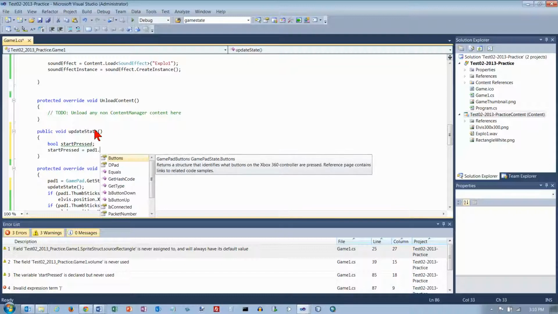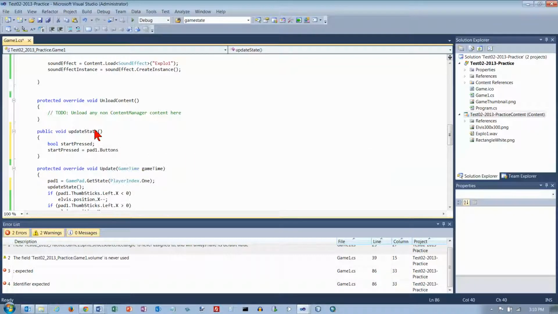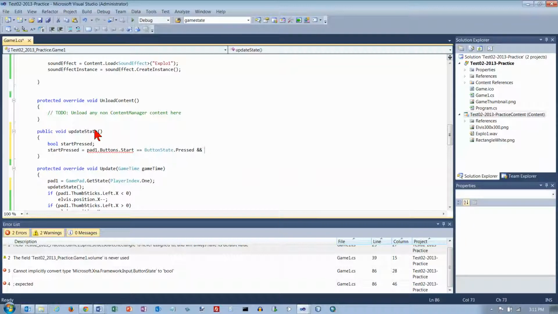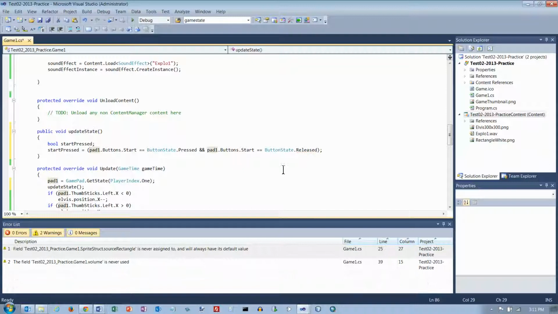pad1 dot buttons dot start, it's pressed on this one and was released on the previous one. Okay, so that'll simplify my code a little bit. And now if start pressed and game state,